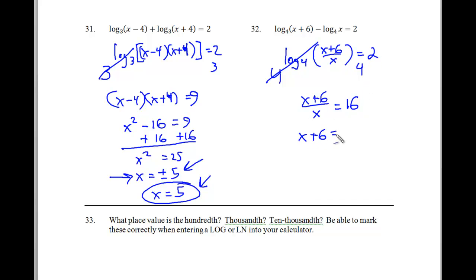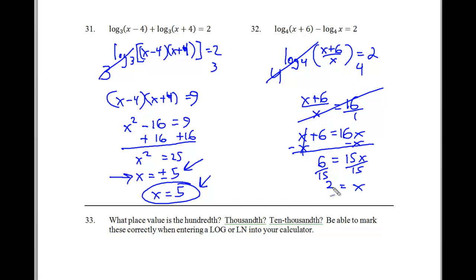x plus 6 is equal to 16x, because 1 times x plus 6 is x plus 6, and 16 times x is 16x. Subtract x from both sides. So we have 6 is equal to 15x. Then divide both sides by 15. And you should simplify this fraction, folks, because both top and bottom can be divided by 3. So this is going to be 2